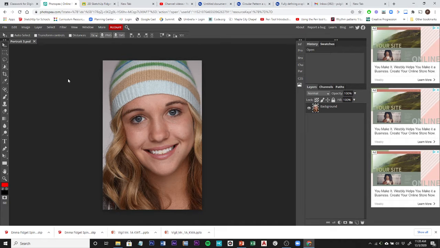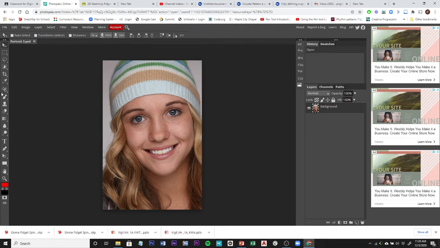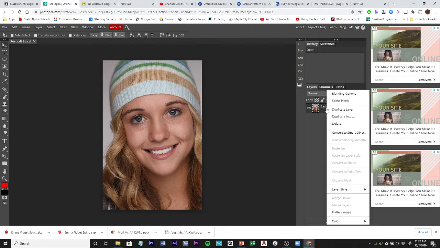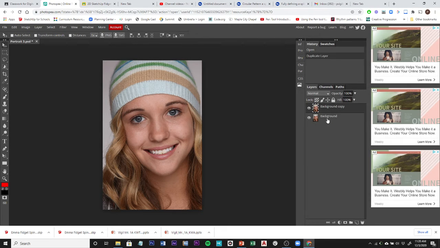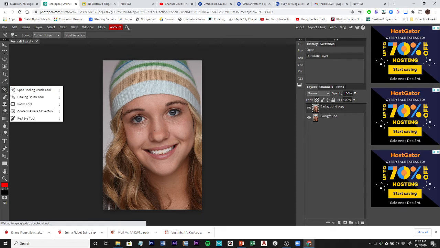So first thing, I'm going to review the steps here that we want to accomplish. First is blemish removal. So I'm just going to refer to this for the next step after we're done with that. So first thing you want to do is duplicate your layer so you have the original there we can compare, and then we're going to go ahead and use the blemish removal tools here. This is the spot healing brush tool. Go ahead and zoom in here,